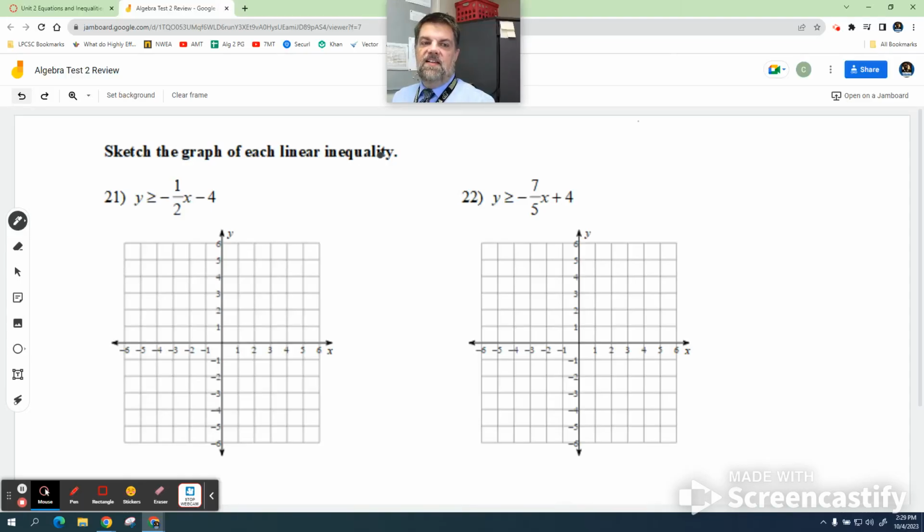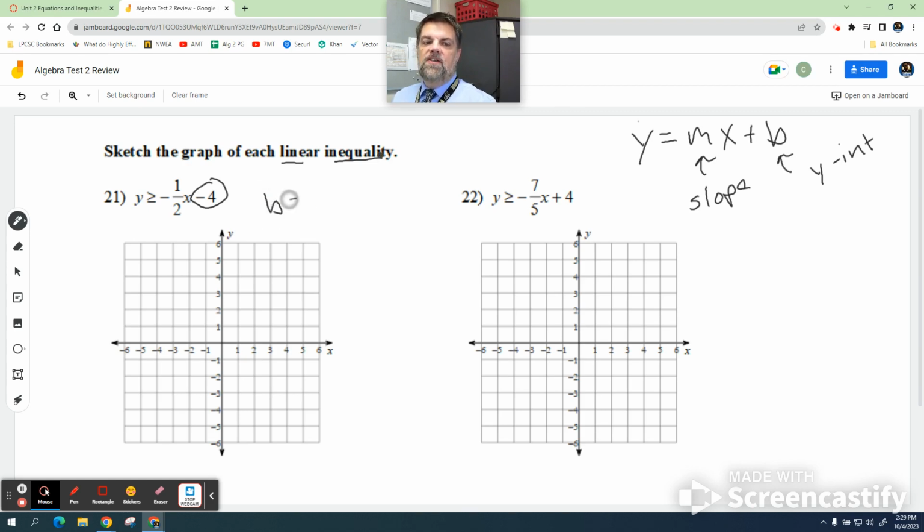So this is a linear inequality that we're going to graph, both of these. That means it's a straight line. And we're used to seeing something like y equals mx plus b, right? Where b is the y-intercept, and m represents the slope. So to graph any one of these, if it's written in the slope-intercept form,